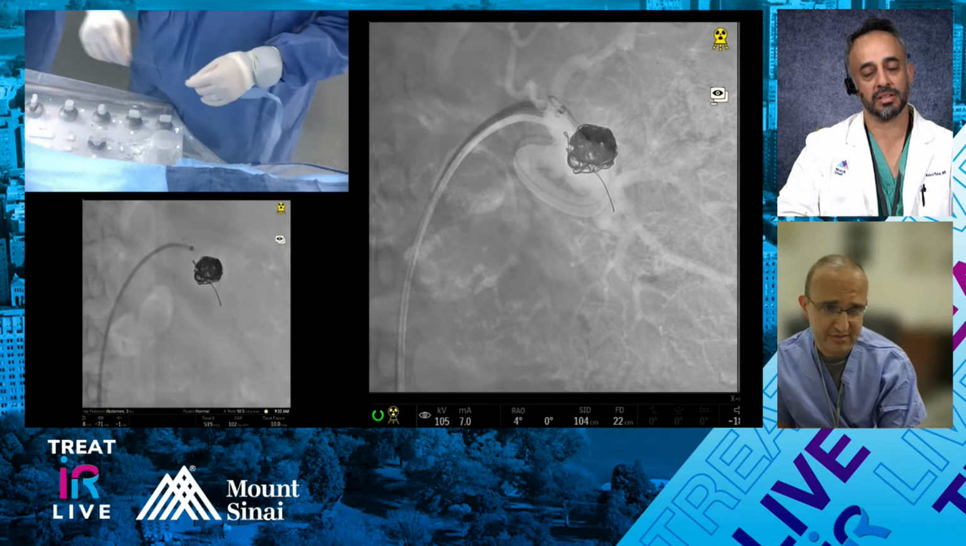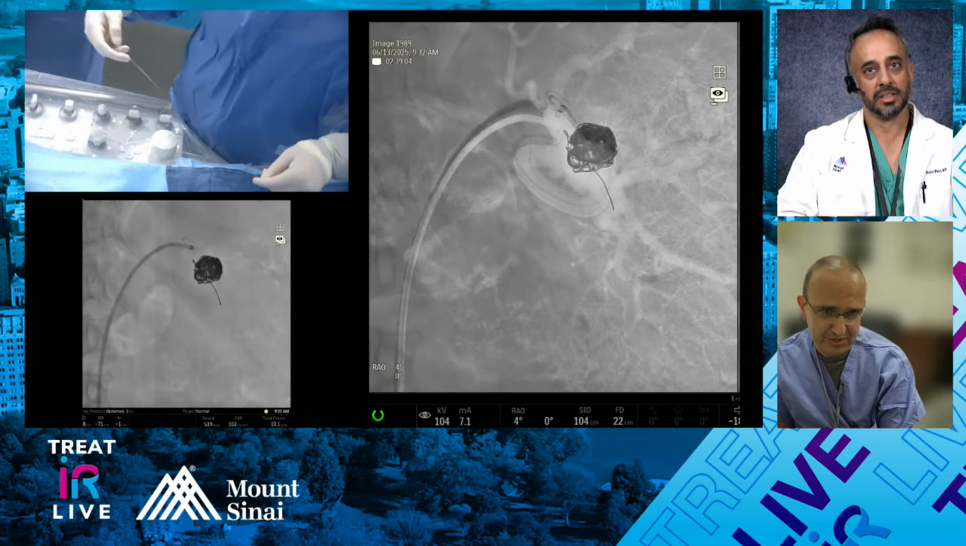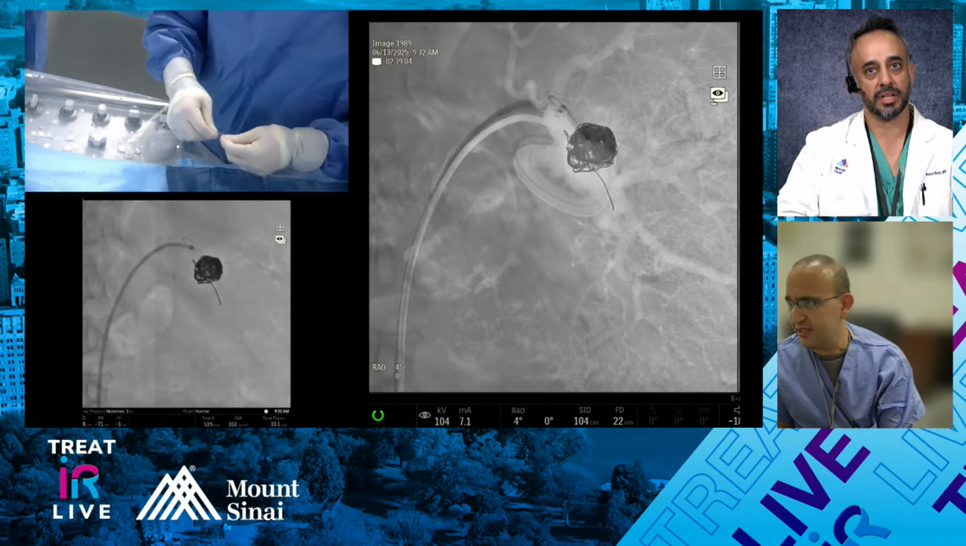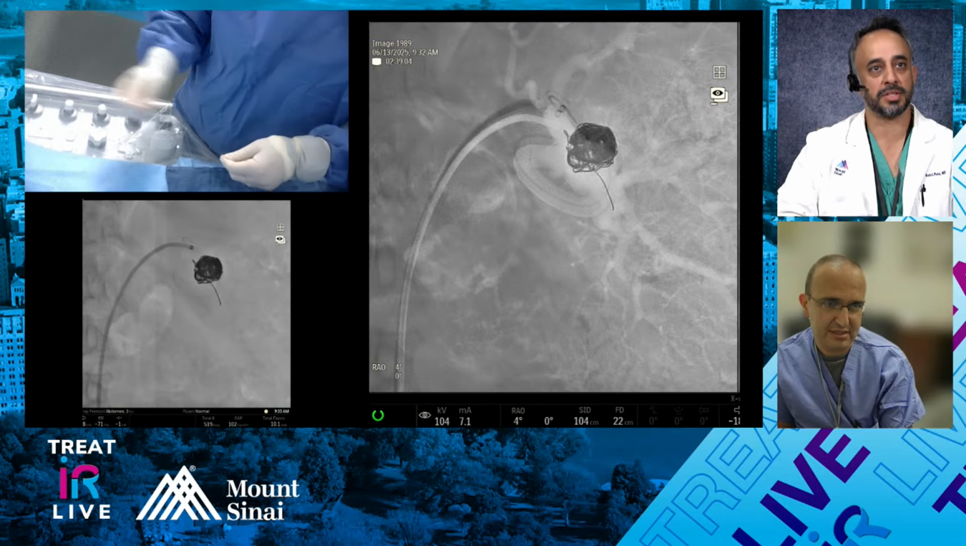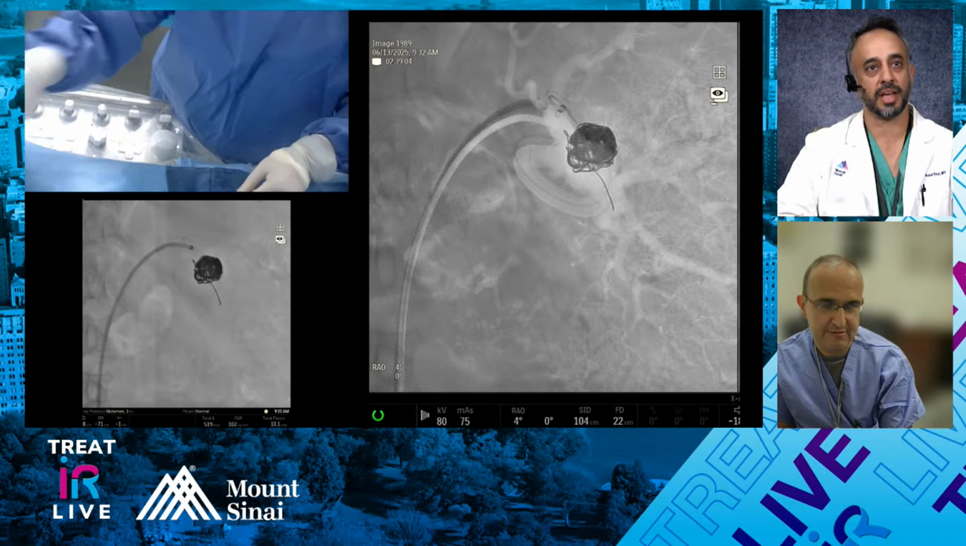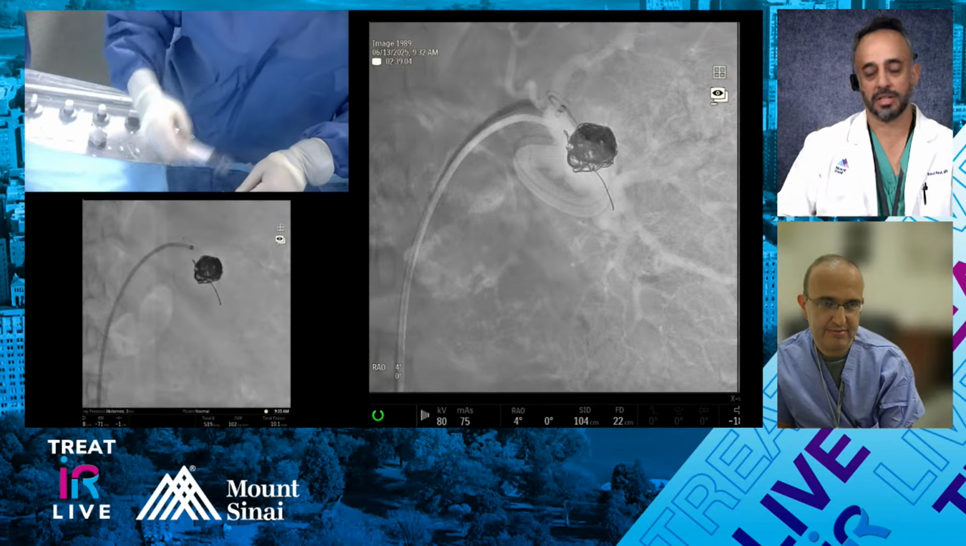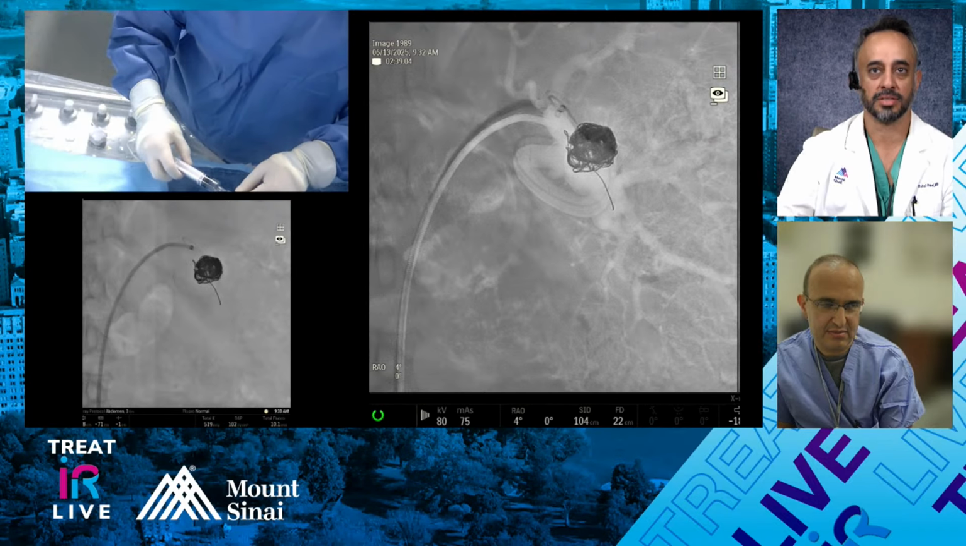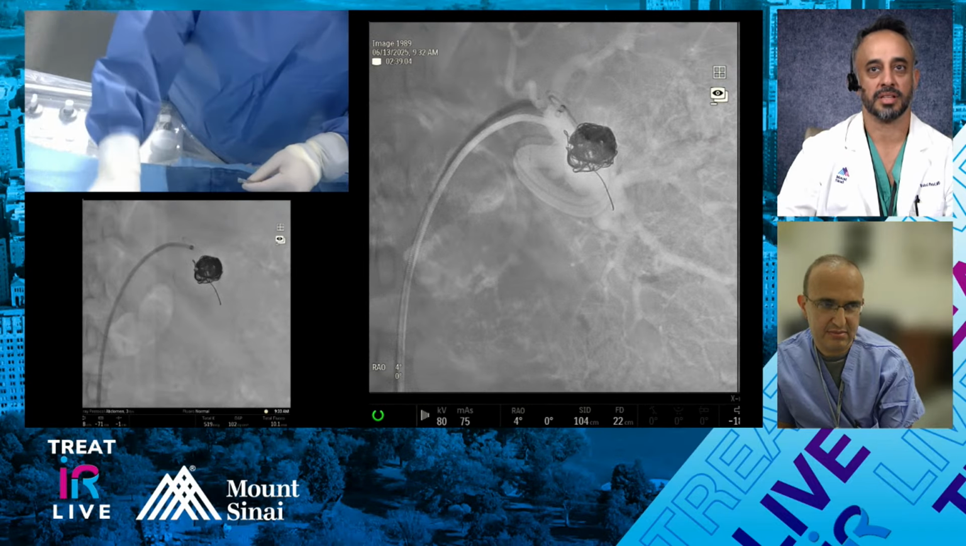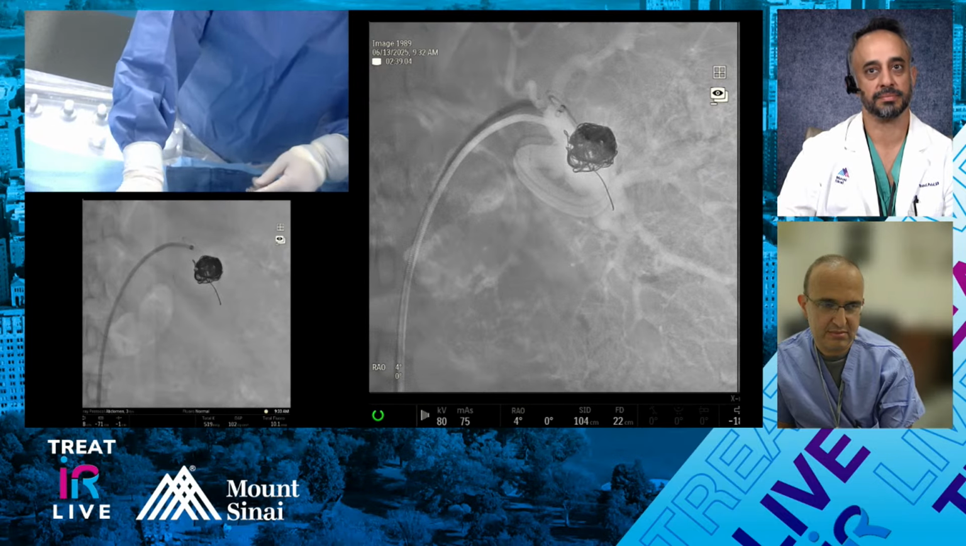It looks really nice. It looks like it's getting denser too, so it's probably clotting. Yeah, it's a good show of the technique. You're working the coil and the microcatheter together to get it to shape and form the way you want. So, yeah, it's good. And I think it's a nice application of